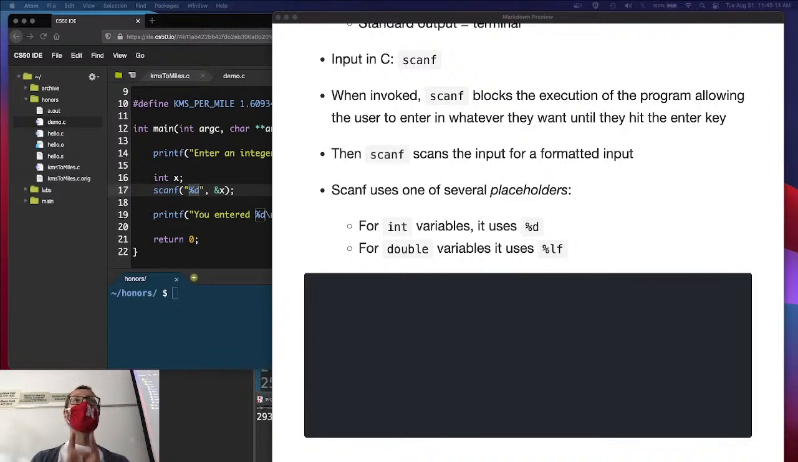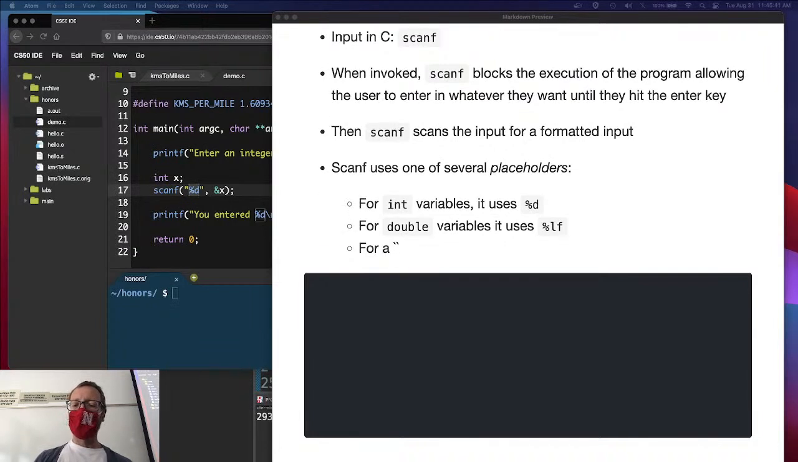Because there are floats in both languages. They're only 32 bits. They're not even half as precise as doubles. And that's why they're called doubles. They are double precision. They have 64 bits. You can represent about 16, 17 digits of precision. With a float, you can only get about 6 or 7 digits of precision. So that's why I'm not even covering them. Just use doubles, right? For a char, a single character variable, it uses